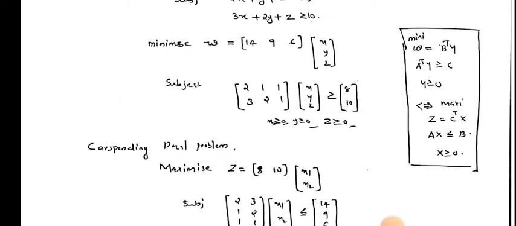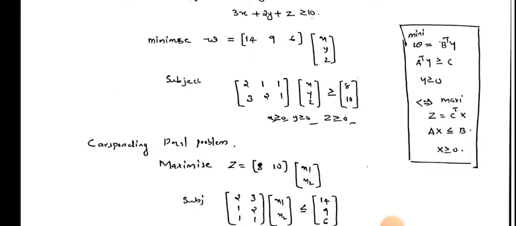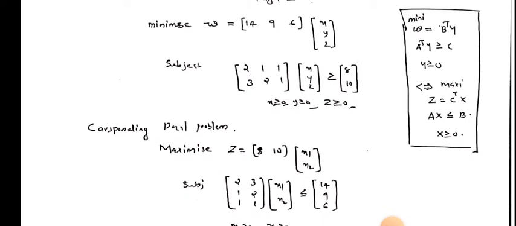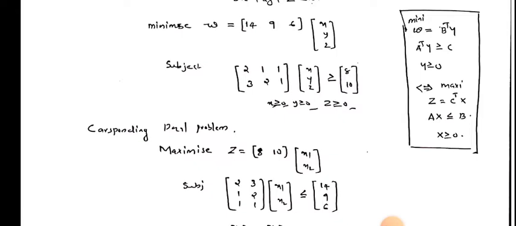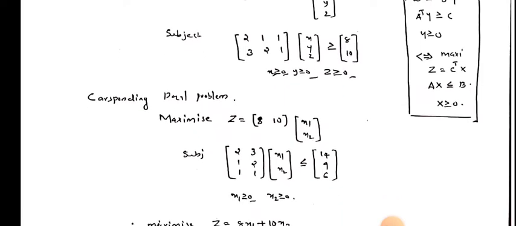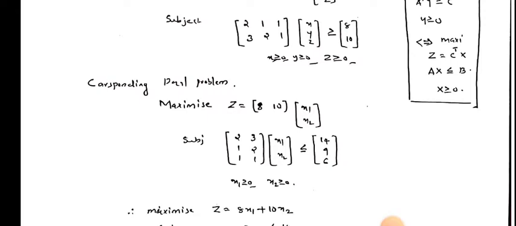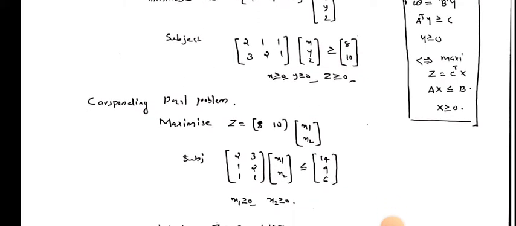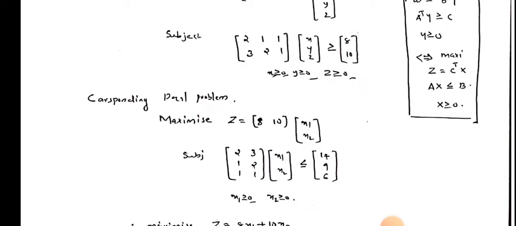That is the minimum problem. The minimum of W is the dual of the maximum. We already know the minimum of the primal problem equals the maximum value of the dual problem. So the corresponding dual problem is maximize Z equal to the row matrix 8, 10 times the column matrix x1 and x2,